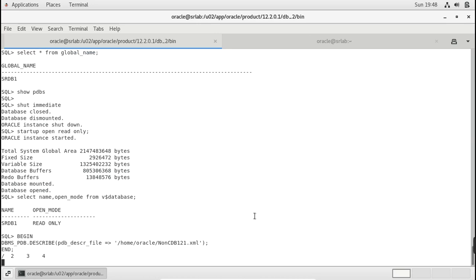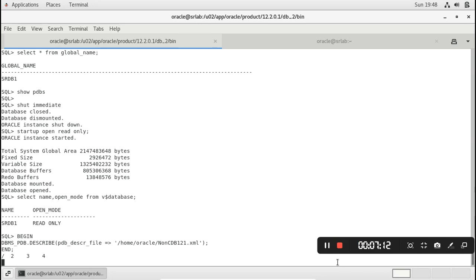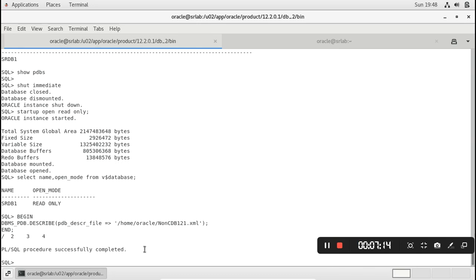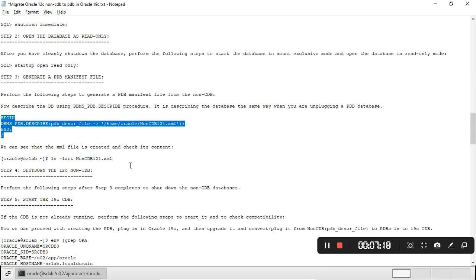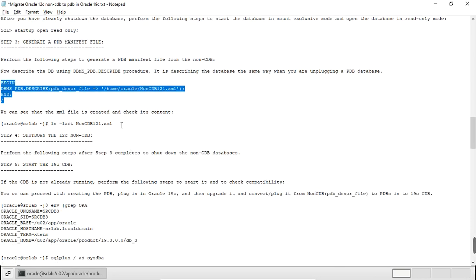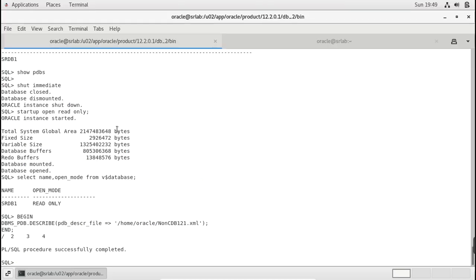The PDB describe file is being created. Yes, it got created. Now we can check where that XML file is located. You can check it with ls -lrt.